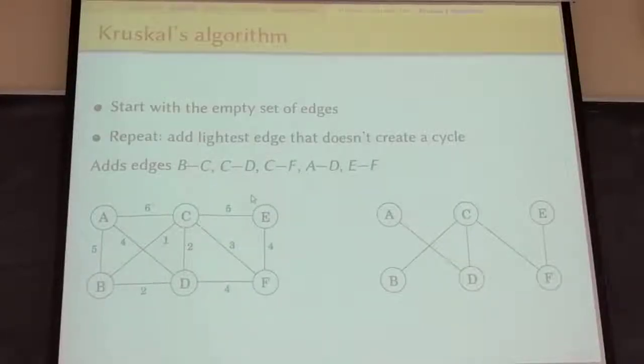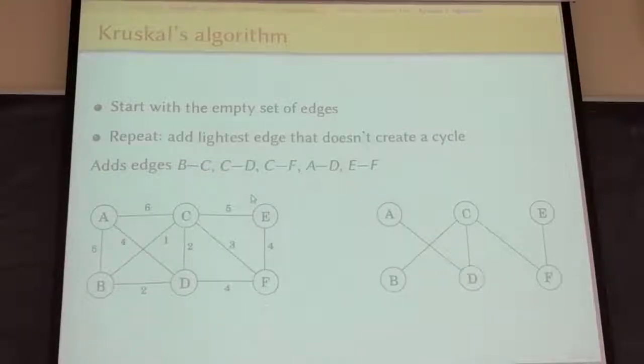Okay, so there are two algorithms for constructing minimum spanning trees. One of them is called Kruskal's algorithm, and the other one is called Prim's algorithm. They are in some ways mirror reflections of each other, or complements of each other. Kruskal's algorithm starts with an empty graph and then adds edges from their smallest